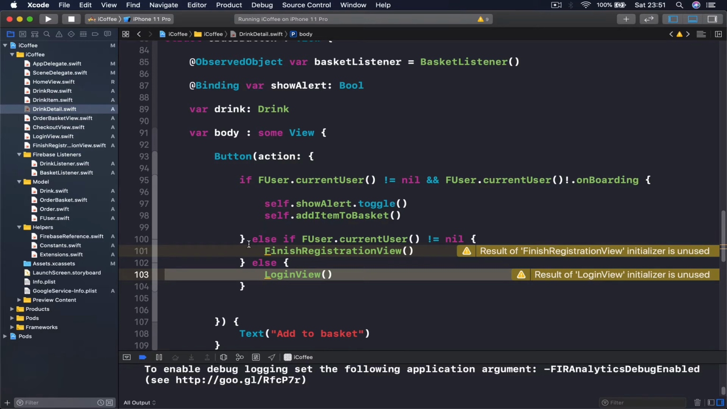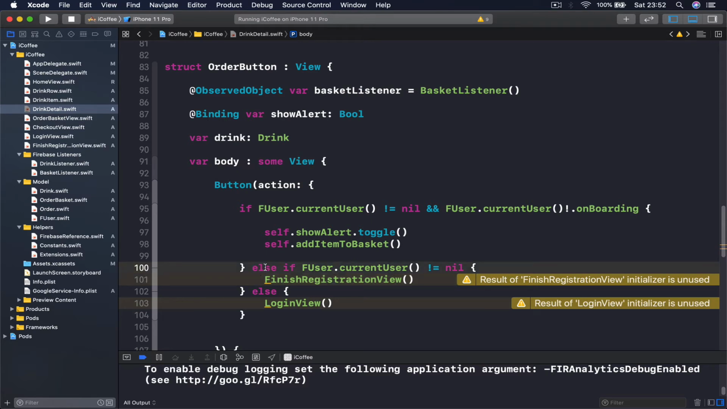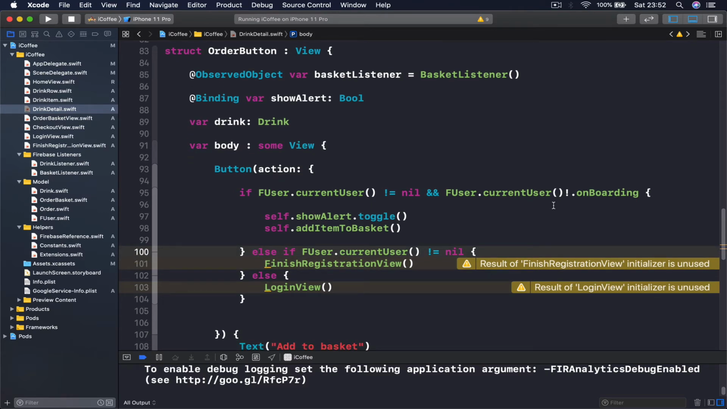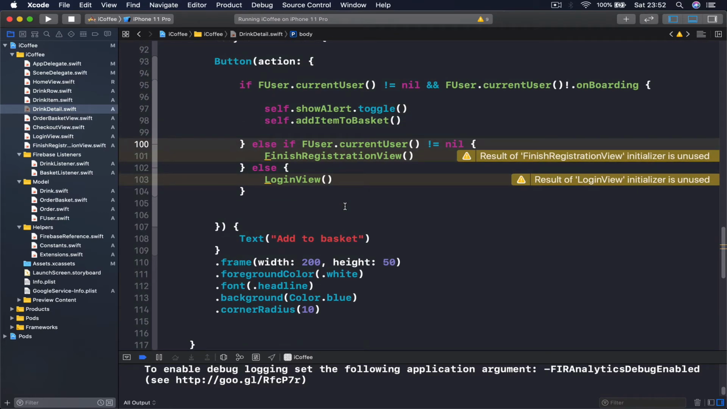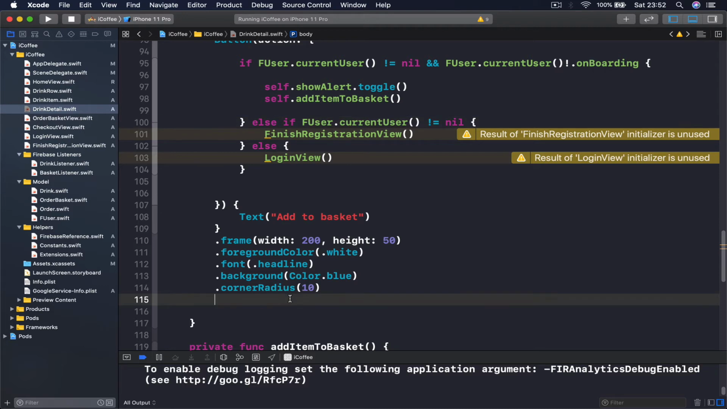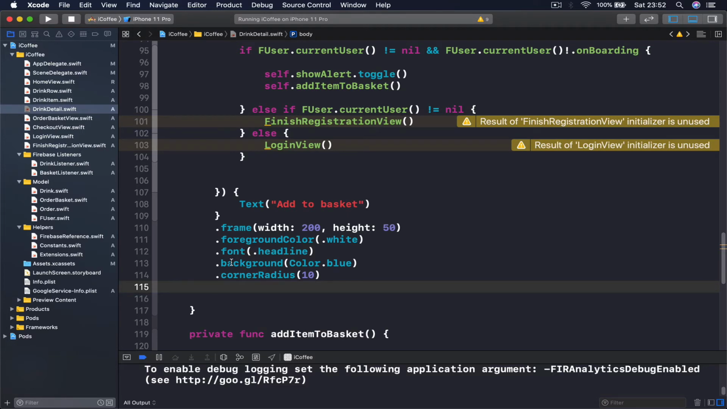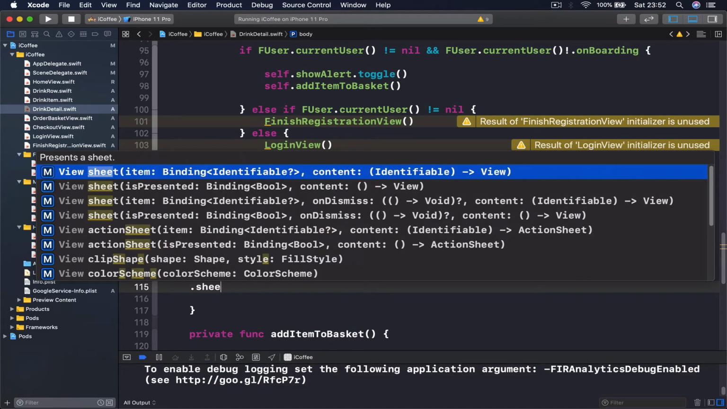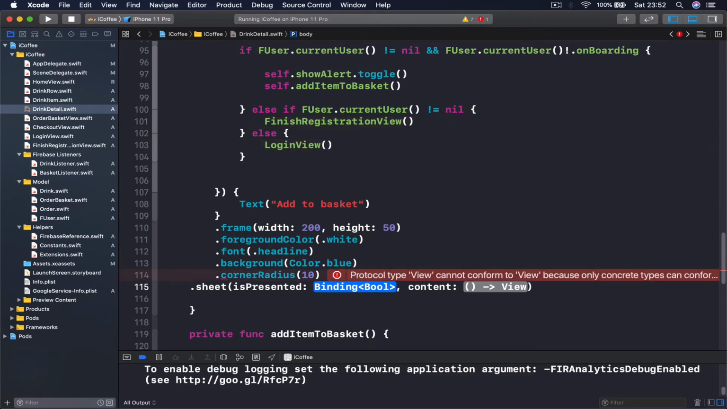But this is a bit different from how it works. So we are going to have another way of showing this, because right now if I run this, it's not going to work. Instead, we need to have these toggles and a sheet that is going to present us with our login or registration. So what I'm going to do here, once my button finishes, I'm going to add a presentation sheet here. So we will say sheet is presented, and here we need to see if our login or registration view